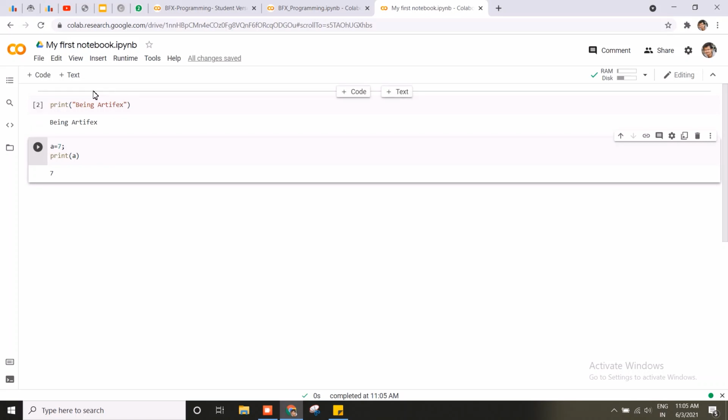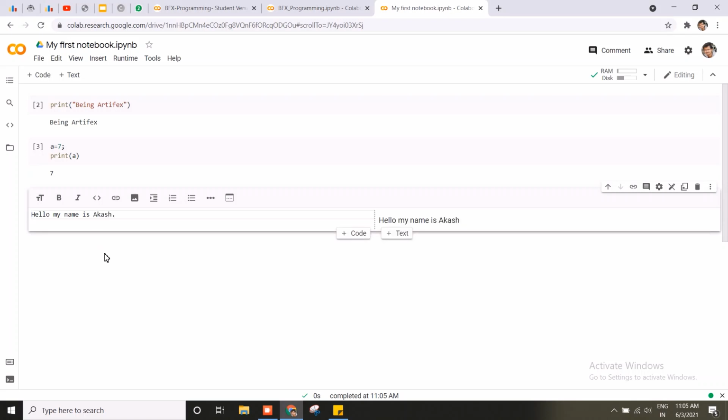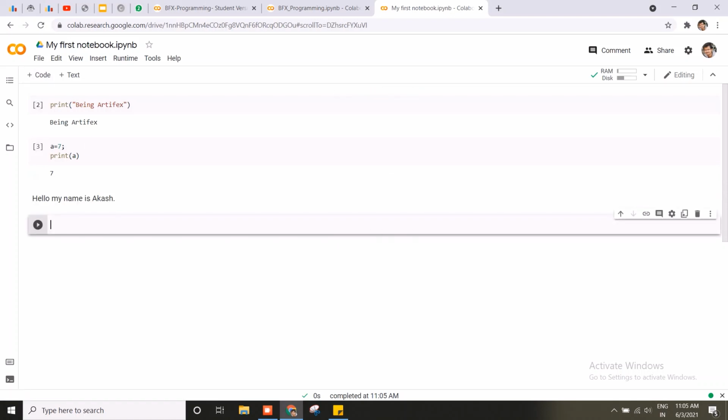Alright, so that's how we write codes in Google Colaboratory. So now let's see how to add text, because we all know that Google Colaboratory is a combination of a notebook and a Python compiler. So we write the code, we write text, hello my name is Akash. Well, this text will not be executed even when we are running the whole file.